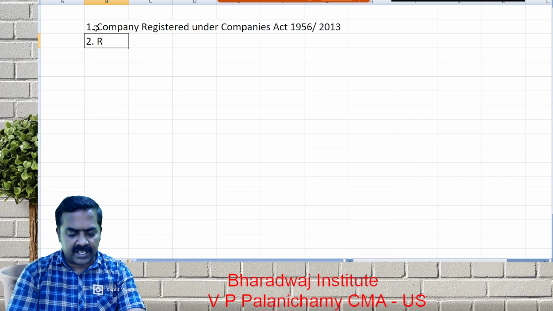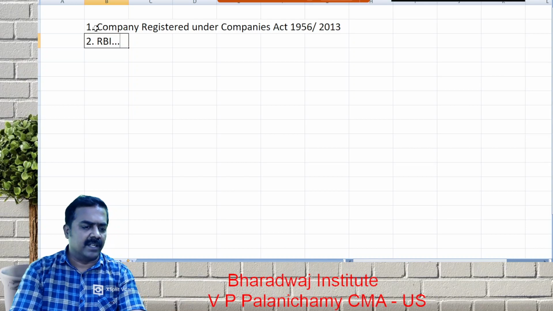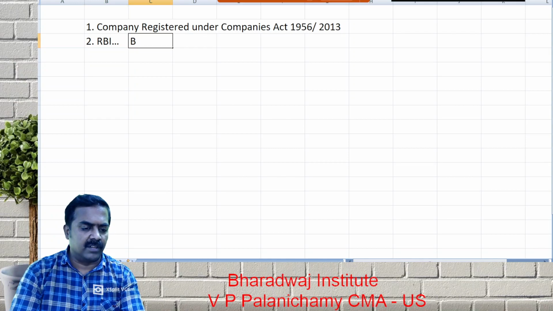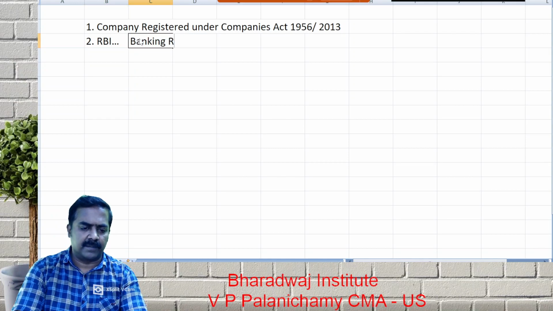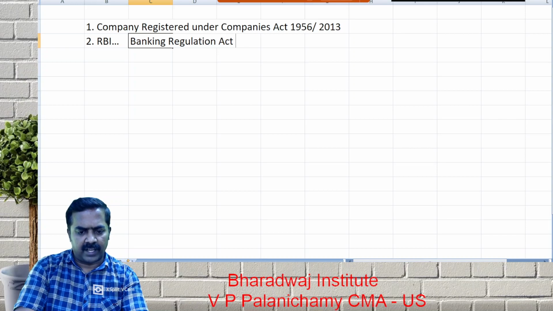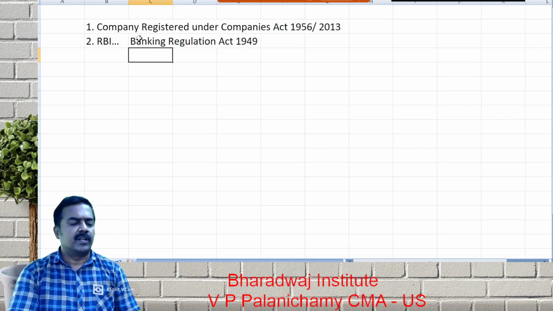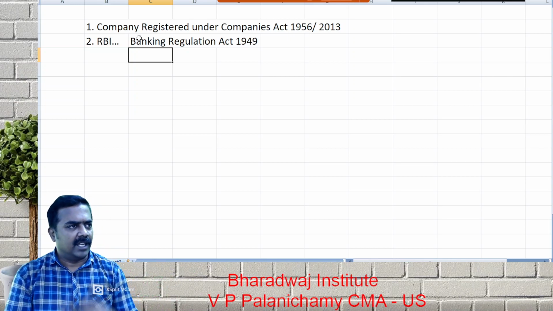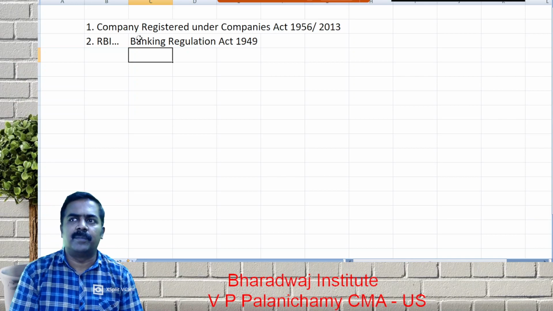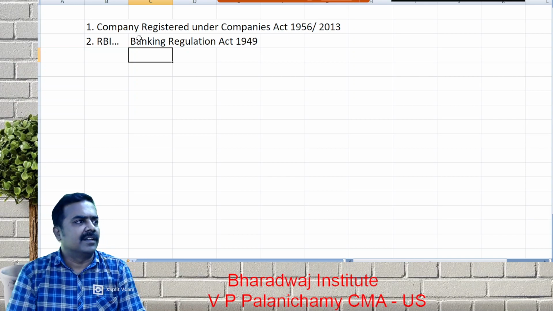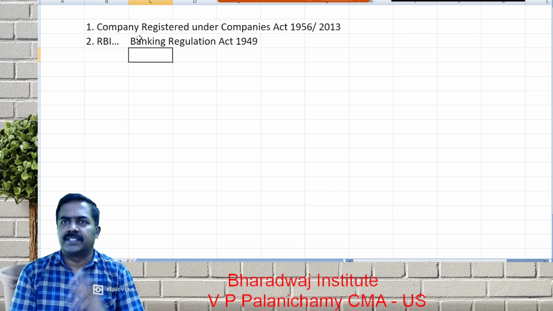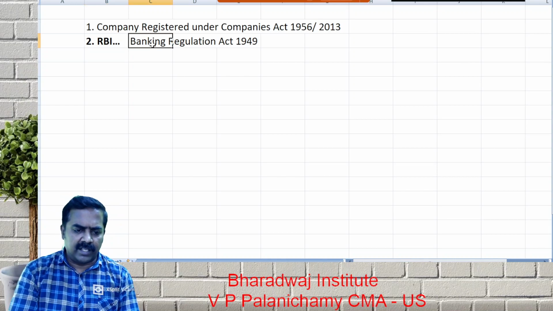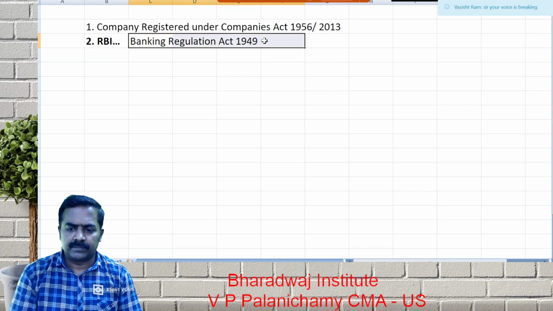Second, after registering the company, you should apply to which one? RBI. Then RBI will grant a license that will be governed by an act called the Banking Regulation Act, Act of 1949. So first you should register the company as per the Indian Companies Act. In the MOA, the object clause will be lending or investing, accepting deposits. Lending or investing should be your objective. Then apply to RBI and get a license. Then you will be covered under the regulations of which one?